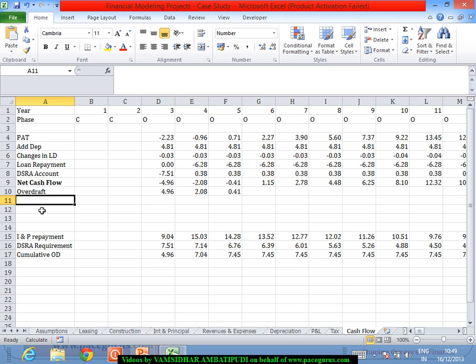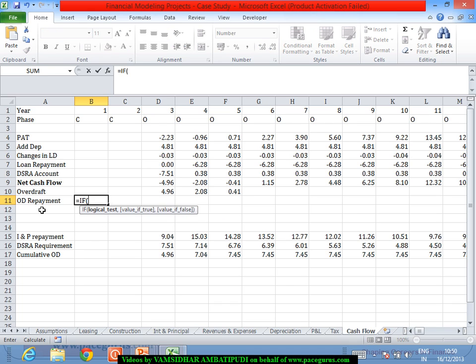So here all I can talk about is repayment of the overdraft. Right, I can talk about the repayment. So OD repayment. When I am talking about the OD repayment, all I can talk about again is, if this is equal to my operations period and my net cash flow is positive. So if the net cash flow is greater than 0, what I would start looking at, I will look out for